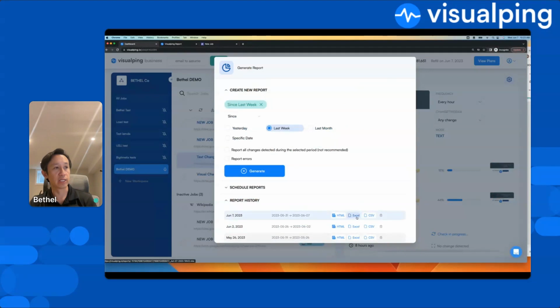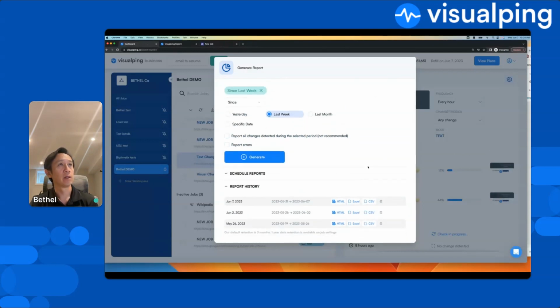You can also download it into Excel format, and it'll provide those same links in Excel format for you to take a look at. So reporting really helps, if you have that workflow, that cadence you want to work through. I highly recommend running a report, let's say for the last week, and working through that report instead of going through the emails. You can always keep your email notifications in your inbox, maybe have a filter that moves those emails to a separate folder and keep it as sort of a historical view of things. But know that you have the reports that you can run at any time to work through